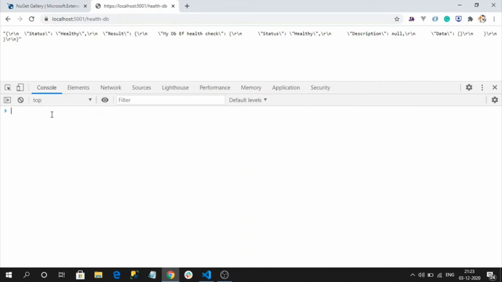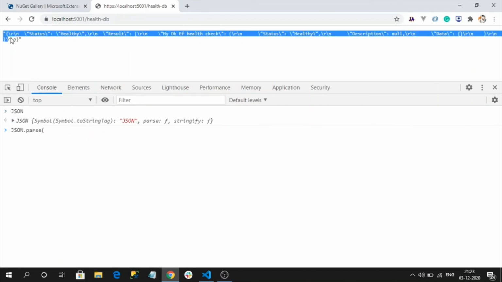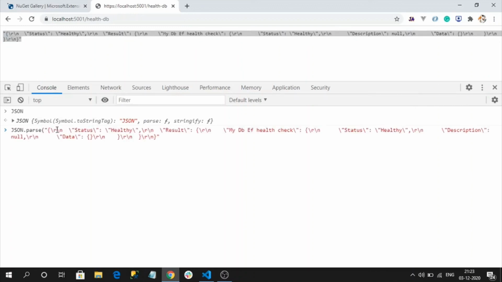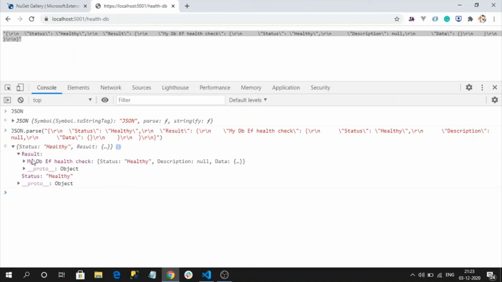Let me show you. JSON dot parse. See, in the results we are getting only the database health check, no other health checks.